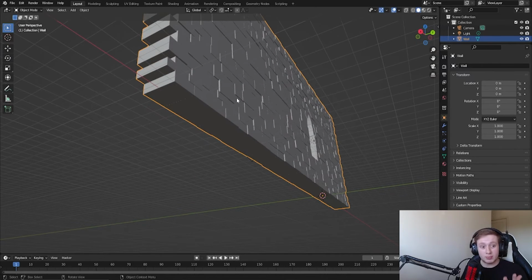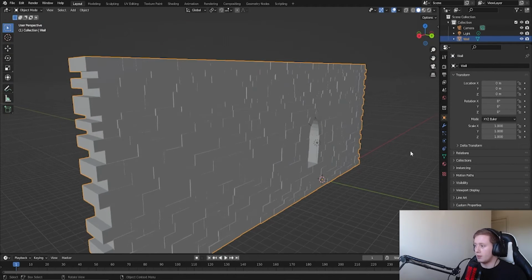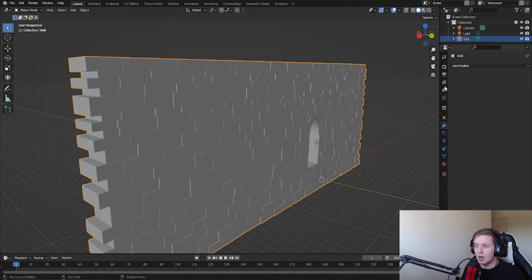Make sure that all these brick walls are connected. So now what we are going to do is go to the far right hand corner. We're going to go to the screwdriver, and that is the modifier property. So we're going to select that. We're going to be adding a modifier, and we're going to make sure that we add